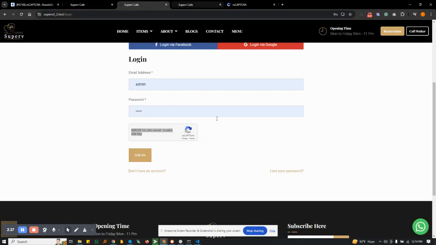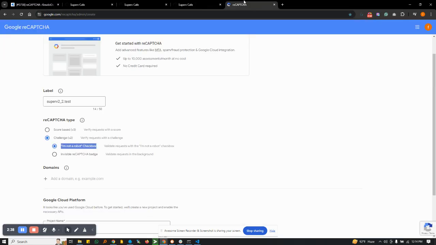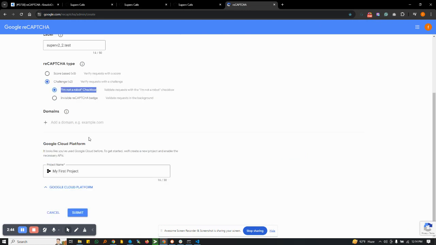If you select I am not a robot, there will be an I am not a robot checkbox. So we select this option, I am not a robot checkbox, and